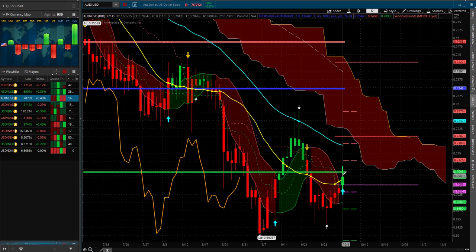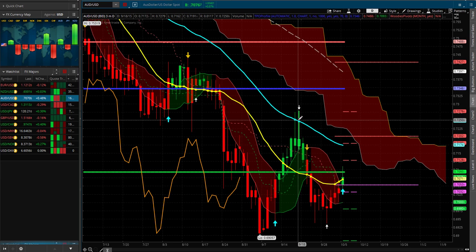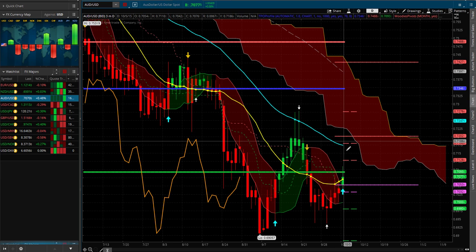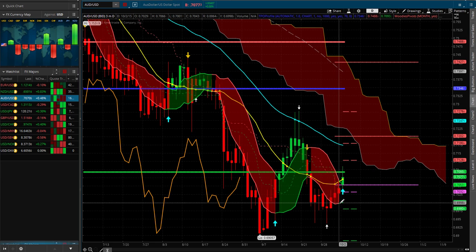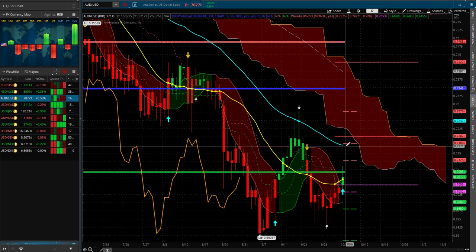Targets, if you wanted to go long for a scalp, probably would be that 50. You can see that the 50 was resistance. Follow the 50 and trail right under here, and once it hits you there, get out.